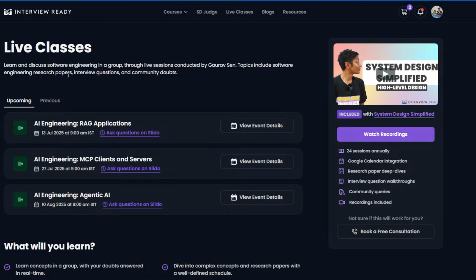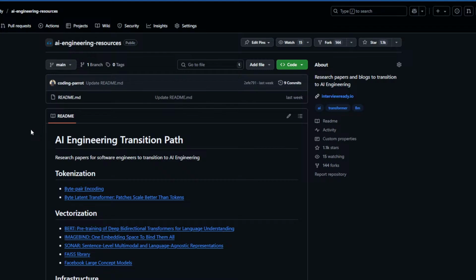So in short, future live classes will be at Interview Ready, but this is going to be a fun session. It's going to be around building an end-to-end AI application on a very common use case.